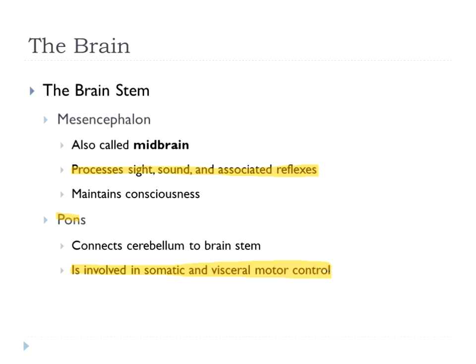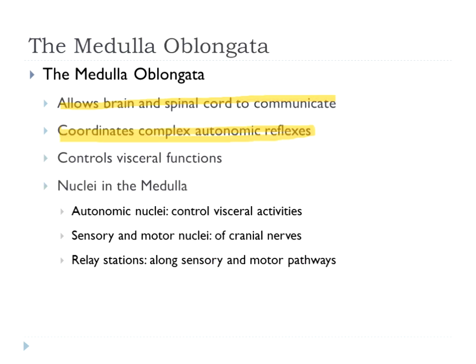As we go a little bit further out, we see the pons, which is involved primarily in somatic and visceral motor control. Several of your cranial nerves come out of the pons, and they have a bigger job in motor control. So they're sending information out through the efferent system, whereas the thalamus is primarily getting sensory information into the brain and relaying it to different parts of the brain to coordinate the appropriate response.